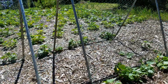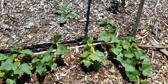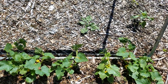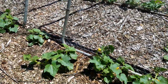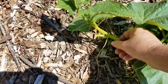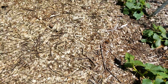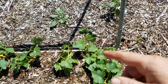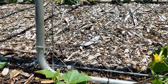Hi you guys. So I wanted to talk a little bit about when you plant your plants and you expect them to trellis or go up a trellis. Trellis is the verb. You expect them to trellis themselves and they decide not to. Each one of these is a cucumber and you can see they're getting the little grippy vines on them, except all of them were growing this way away from my trellis. So very easily and gently we need to turn them and attach them